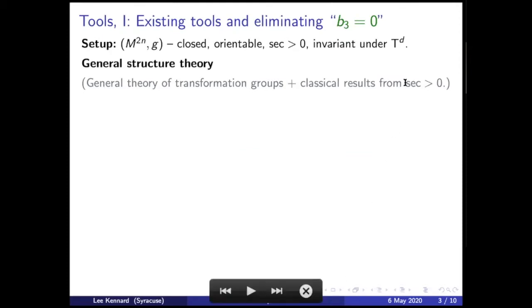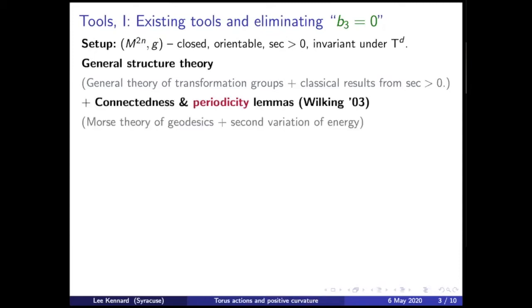And then we combine this with results from positive curvature, and most significantly, for a torus action in even dimensions, the torus has to have a fixed point. That's coming from positive curvature. This goes back to a result of Berger. In particular, any subgroup of the torus has a fixed point. So inside your manifold, you have lots and lots of fixed point sets. Those fixed point sets are totally geodesic, and therefore they inherit positive curvature. They also inherit torus symmetry, so they look like the same sorts of objects as the ambient manifold. And so it's relevant here.